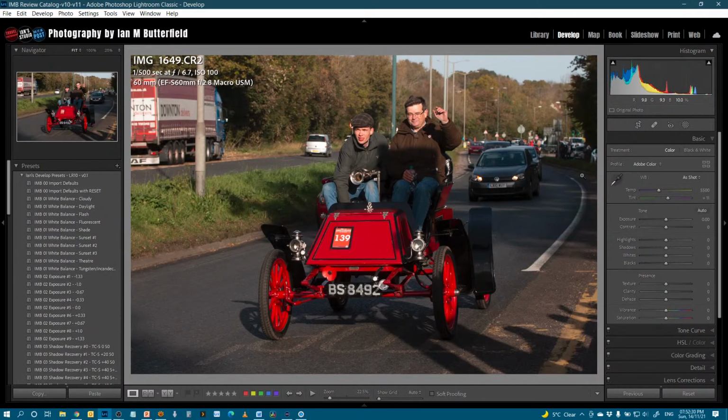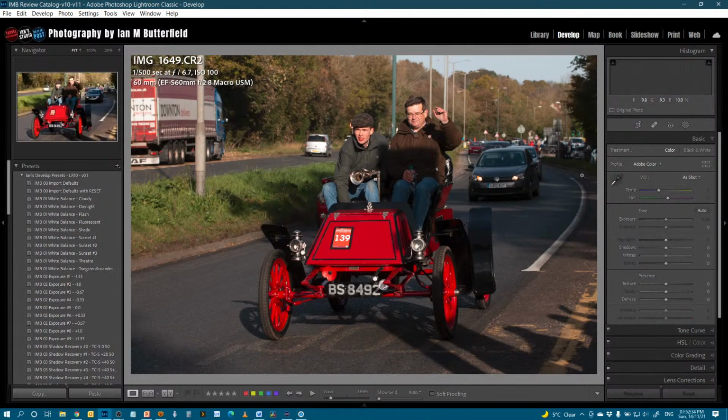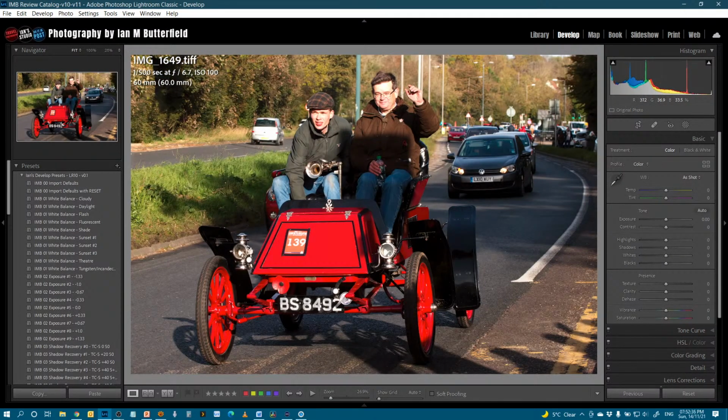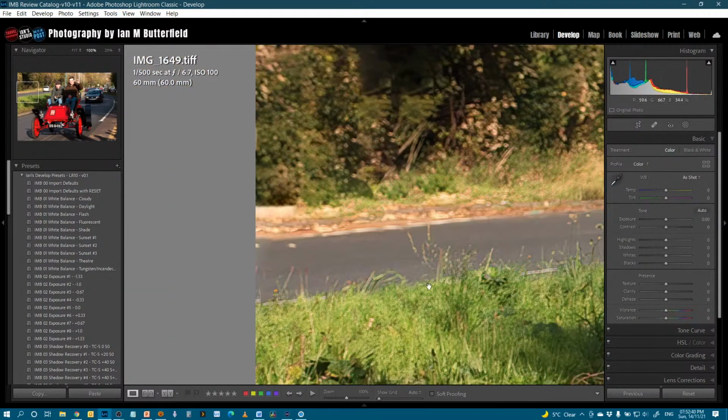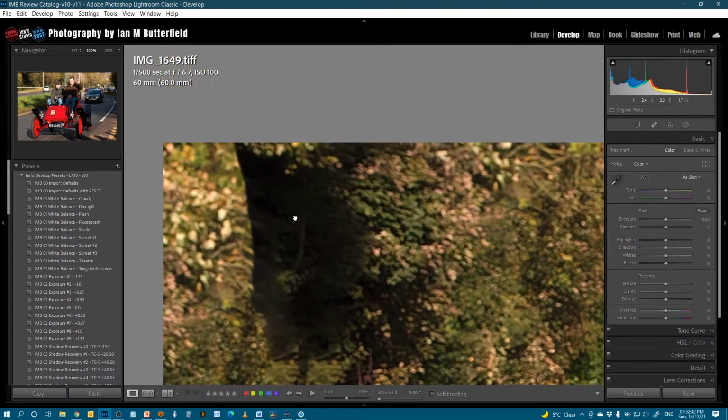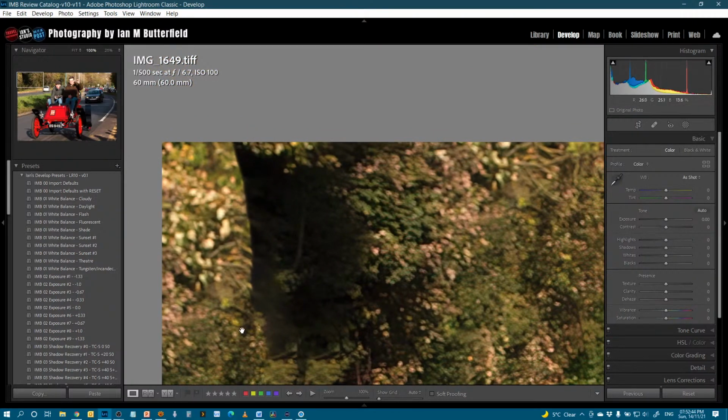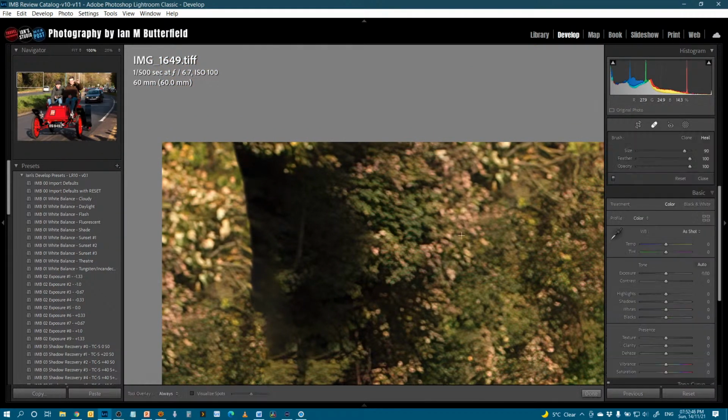Moving on to the next one, same sort of thing. That's the unedited and the edited version. Again, not bad at all with the edit there, but if I zoom in, we can see this harsh edge around here. Again, I'm just going to try here to reduce that.